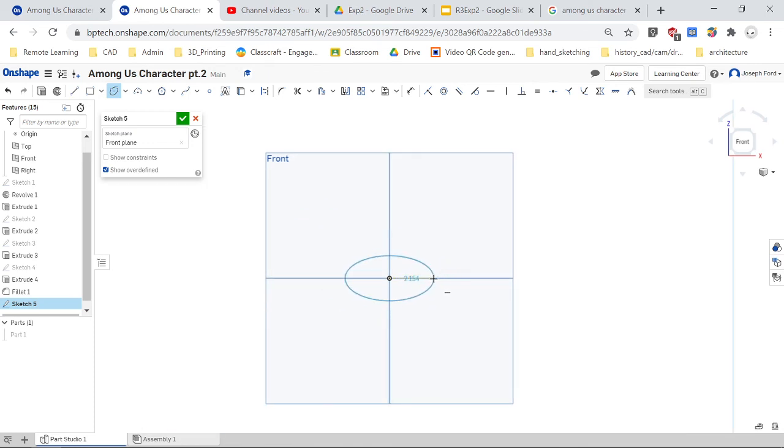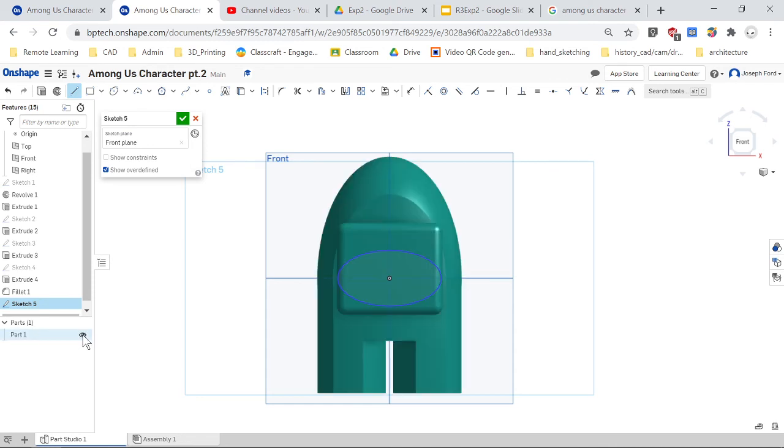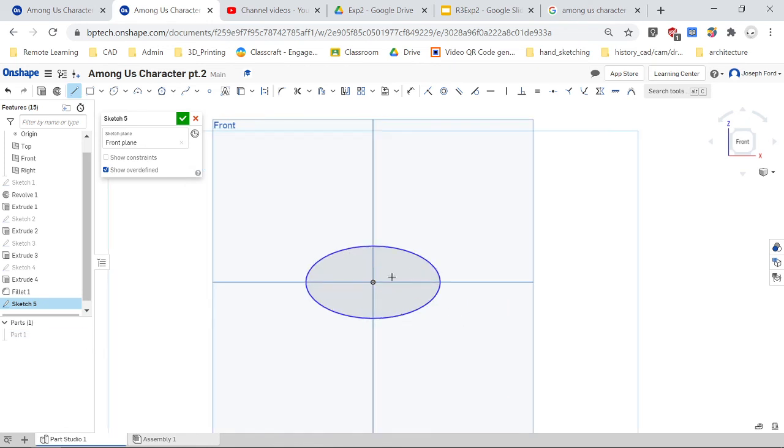and we'll make his visor like 2-ish, 2.5, and then by 1.3-ish. And just to see how big that is, you can toggle that back on, and that looks pretty good. Not too big, not too small. I'm going to draw a line from each edge and then hit escape. And then I'm going to trim that side,